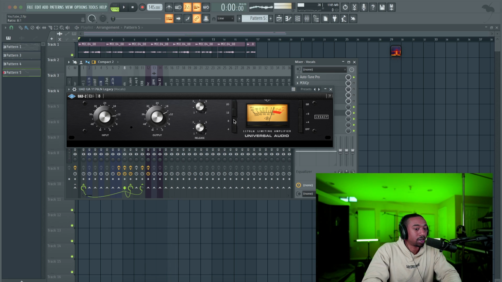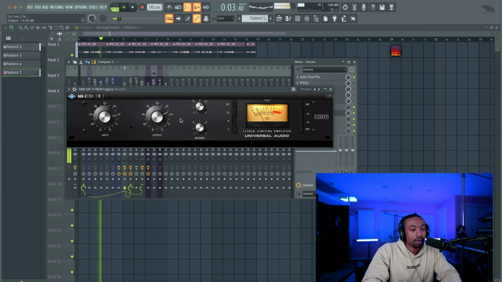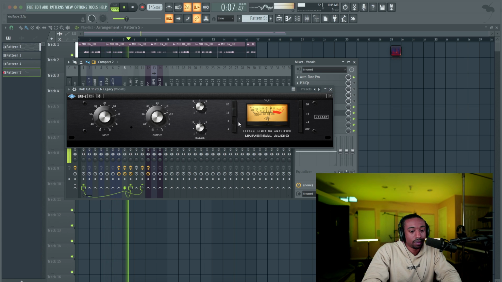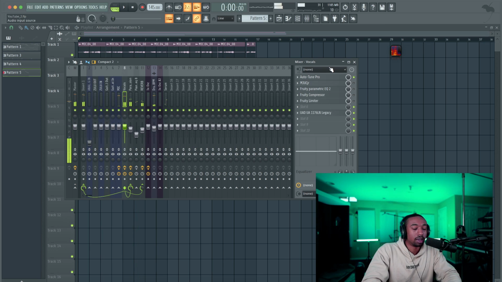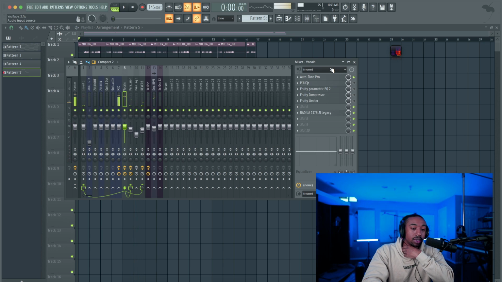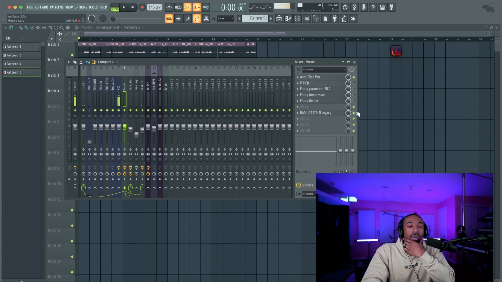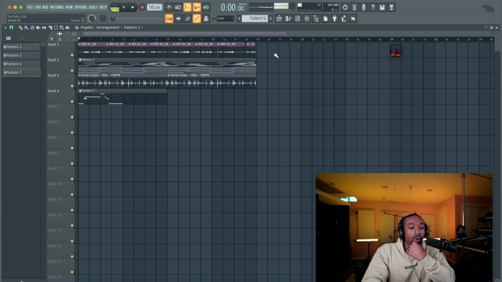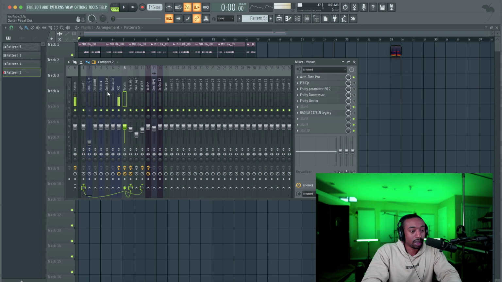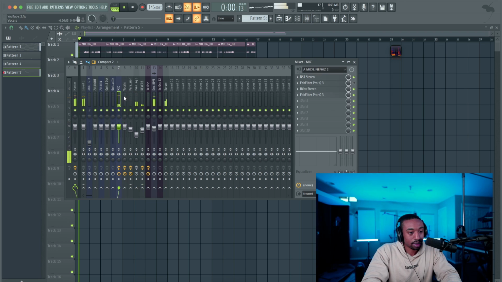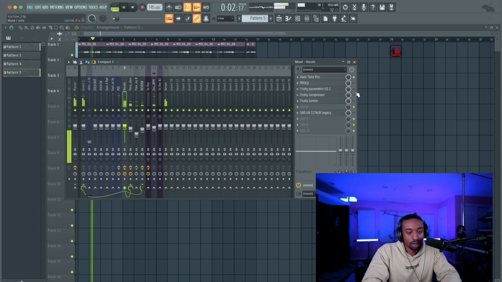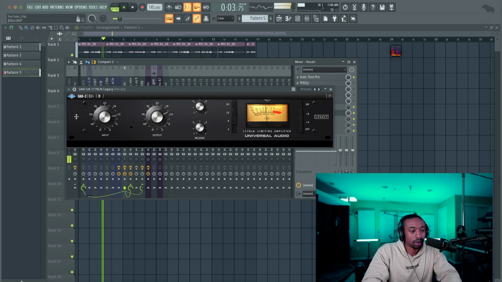Now they have different ratios here, 8:1. Now I usually don't compress my vocals 8:1. It's usually 4:1 or below. So hopefully you get a better grasp on compression, when to use it. Now let's compress one more thing, which is the mix bus on this track. Now I'm going to use the UA version real quick. Let's pull it down a little bit. We don't need to crank it.